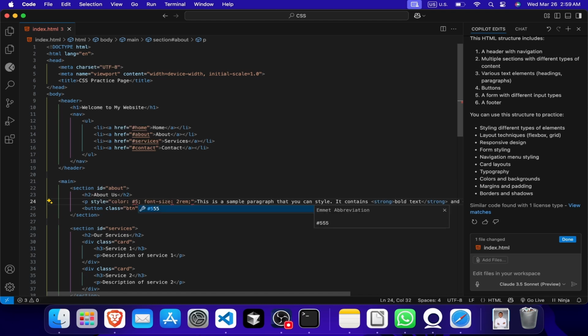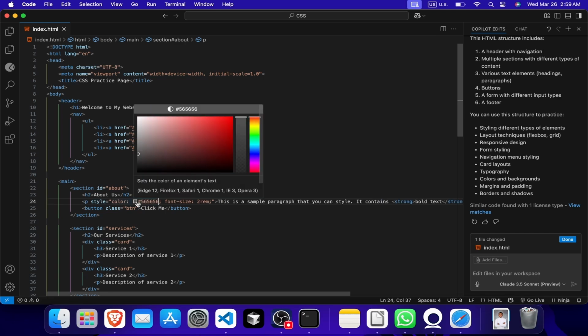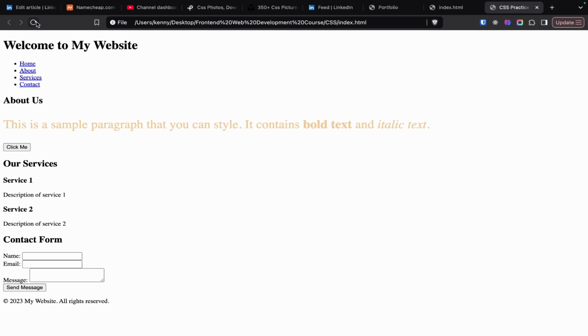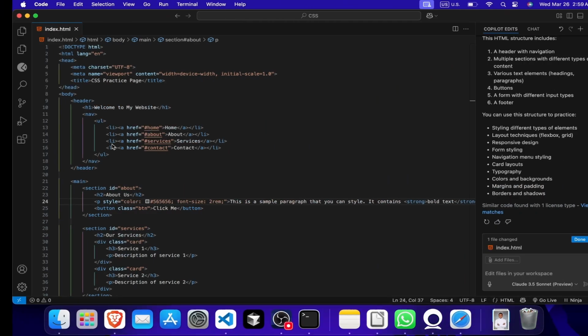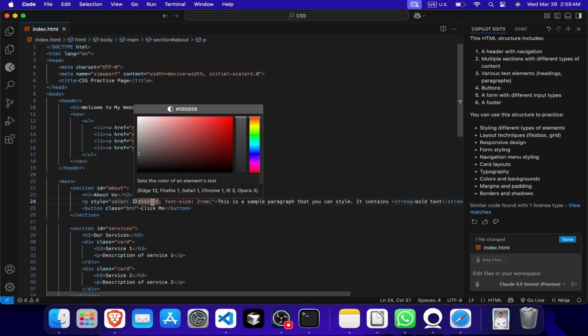Okay, 5. So this is a shade of gray. If I refresh that, you can see that this is not black. It's a gray-like color. So it's a code for this color, and you can see that